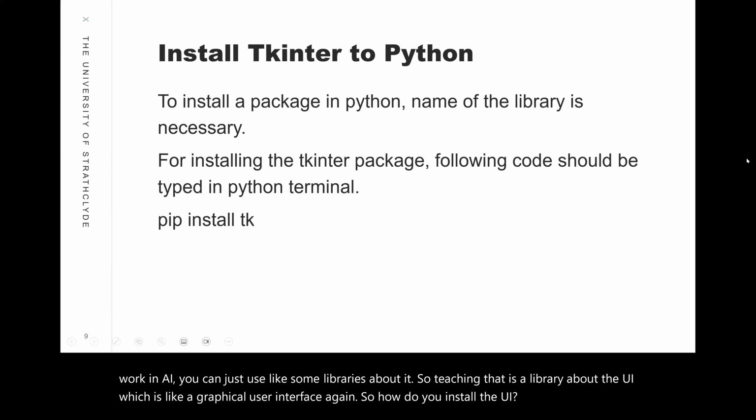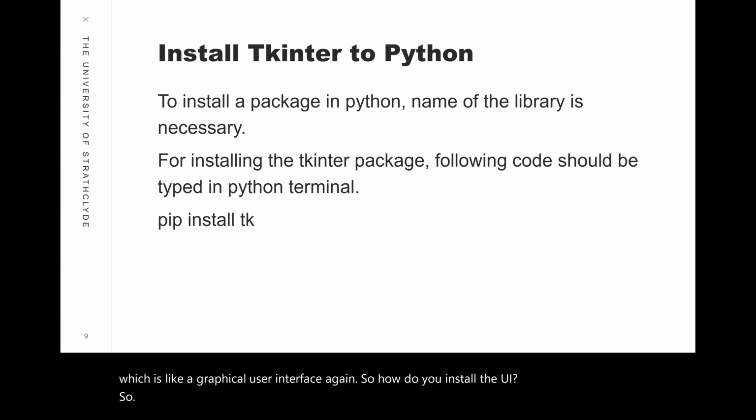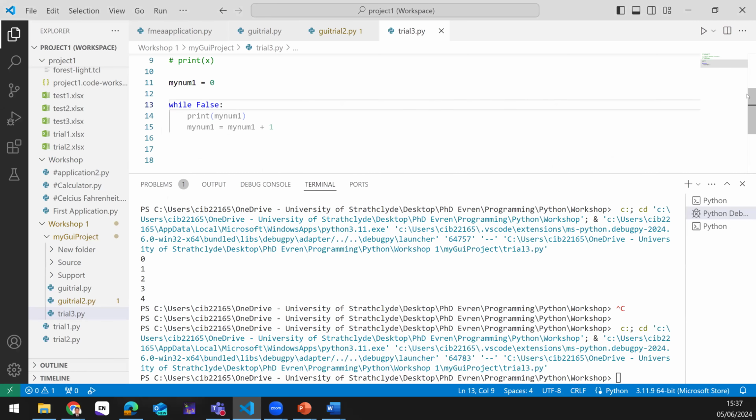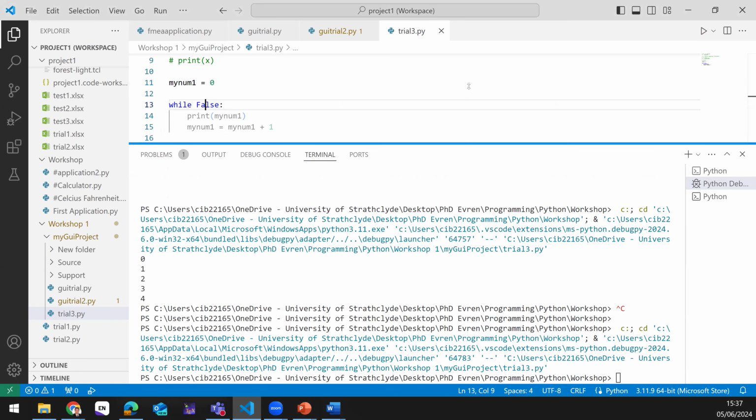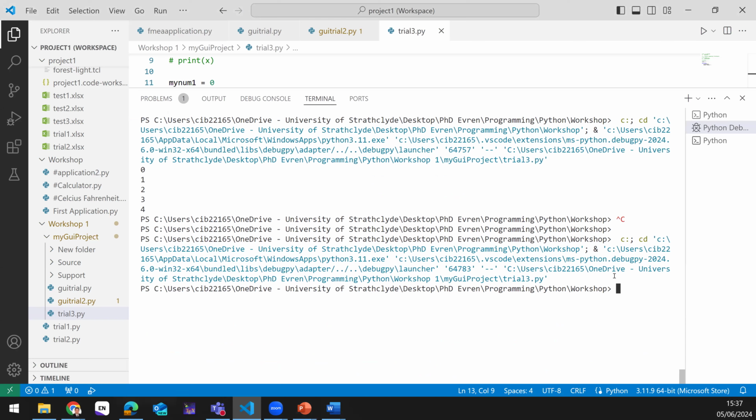Just open your project, this one, Visual Studio Code, sorry. In here, this is the terminal. In the terminal, I can also write console commands. Just come here and type pip install tk. Pip install tk. And after pressing enter,